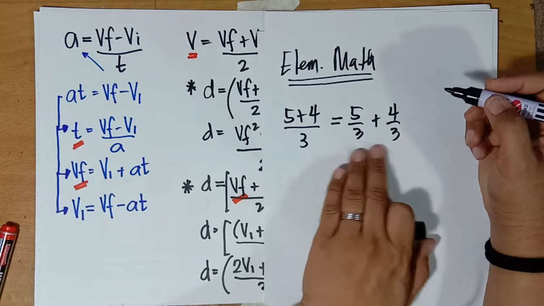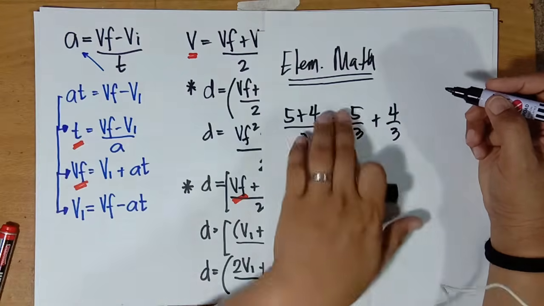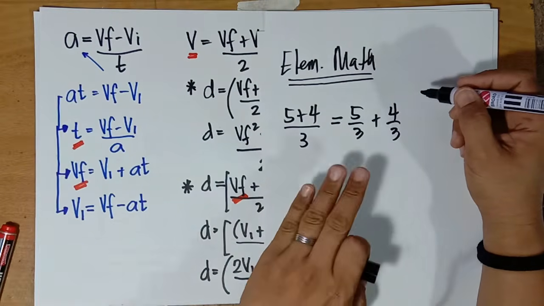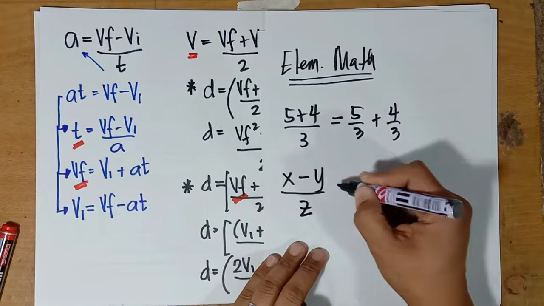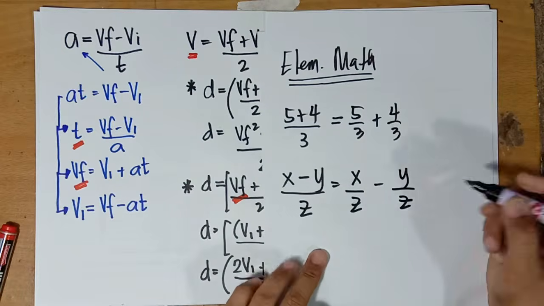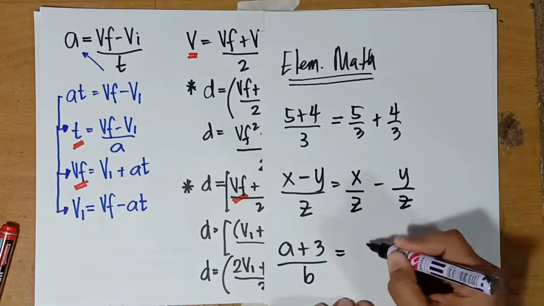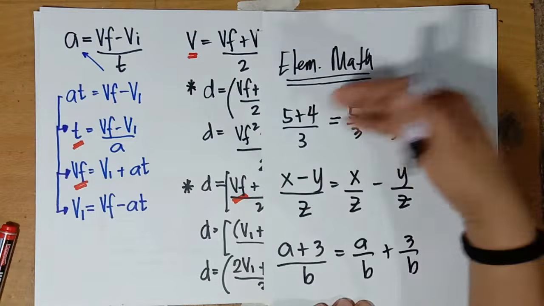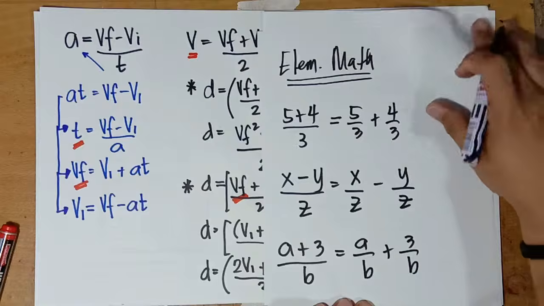If they have the same denominators, then you can already perform the operation using the numbers in the numerator. So again, if I have (x − y) all over z, that can be x over z minus y over z. Or if you have (a + 3) all over b, that can be a over b plus 3 over b. So this is actually a concept in elementary mathematics which we are going to apply